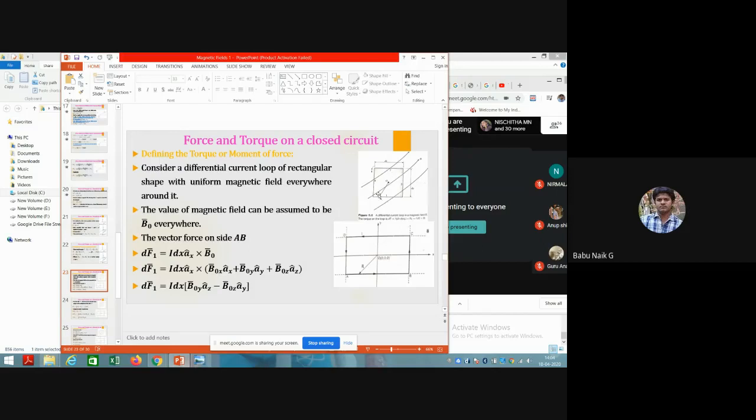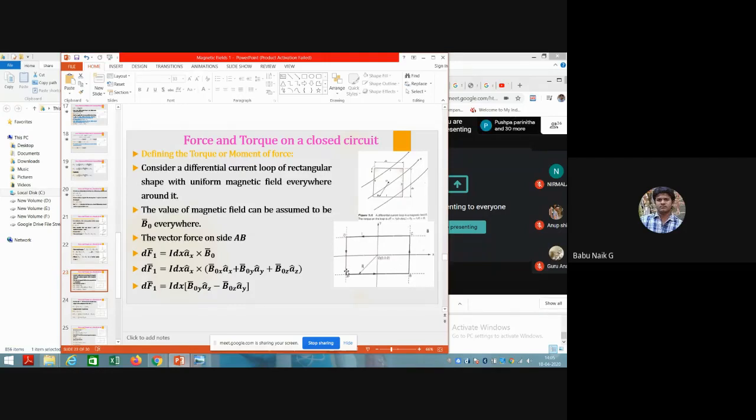Now your magnetic field will be in this direction, and your current flows in this direction. The current throughout is constant. Due to the current, what will be the magnetic field, and with this, what will be the force? Let us go one by one. Before considering the circular loop, let us take the points of this rectangular box: A to B, B to C, and C to D.